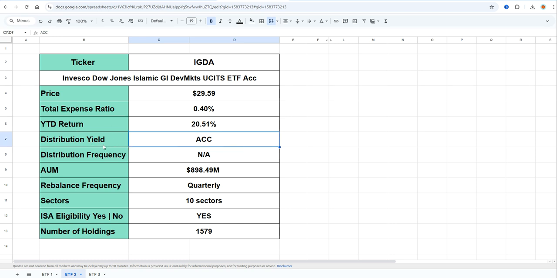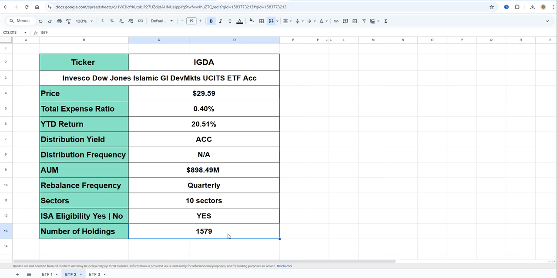They do pay dividends, but they're accumulating. That means they will reinvest that dividend for you. You don't have to do anything, and of course there's no different dividend frequency and so on. Currently they have 898 million US dollars in assets under management. They rebalance quarterly, and there are 10 sectors. You can buy it through an ISA, and the number of holdings is